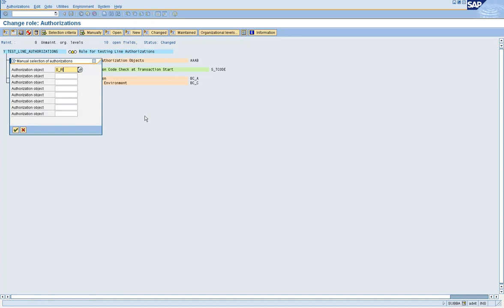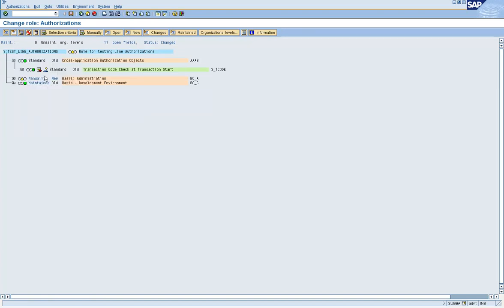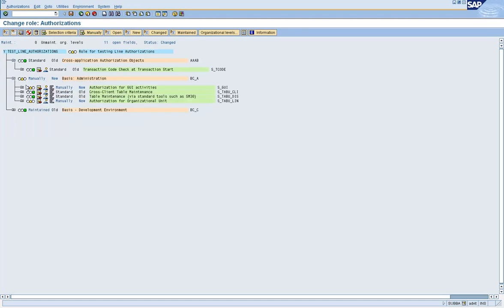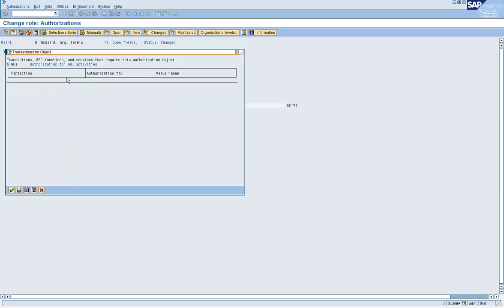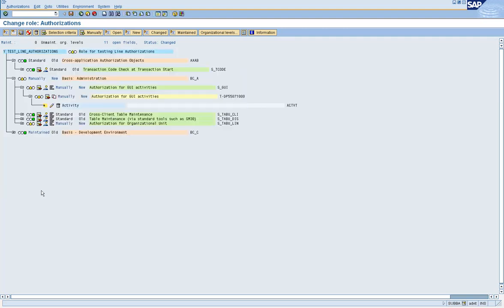If you put S_GUI into the role manually, now when I click on the mountain icon here, this doesn't tell me which transaction code needs this object. So analysis on the role becomes an issue in this case.